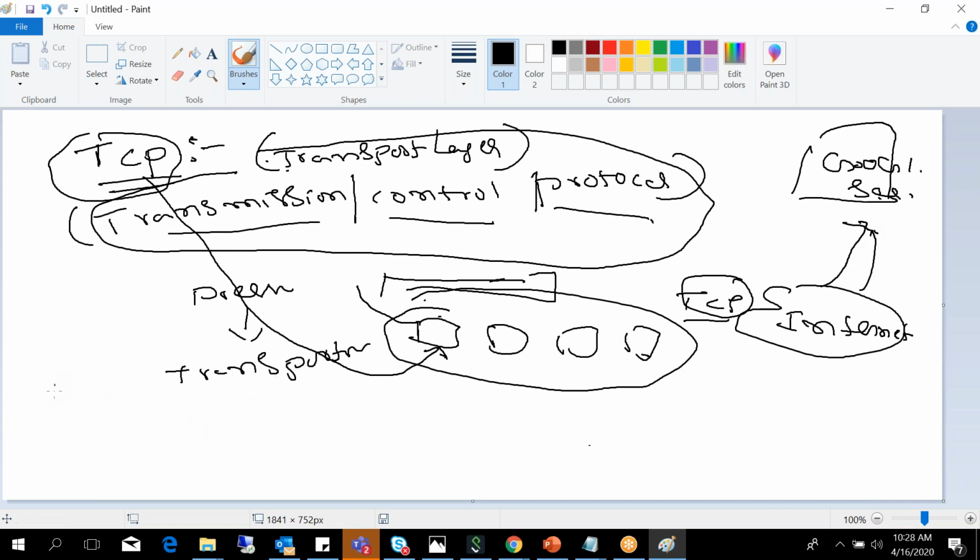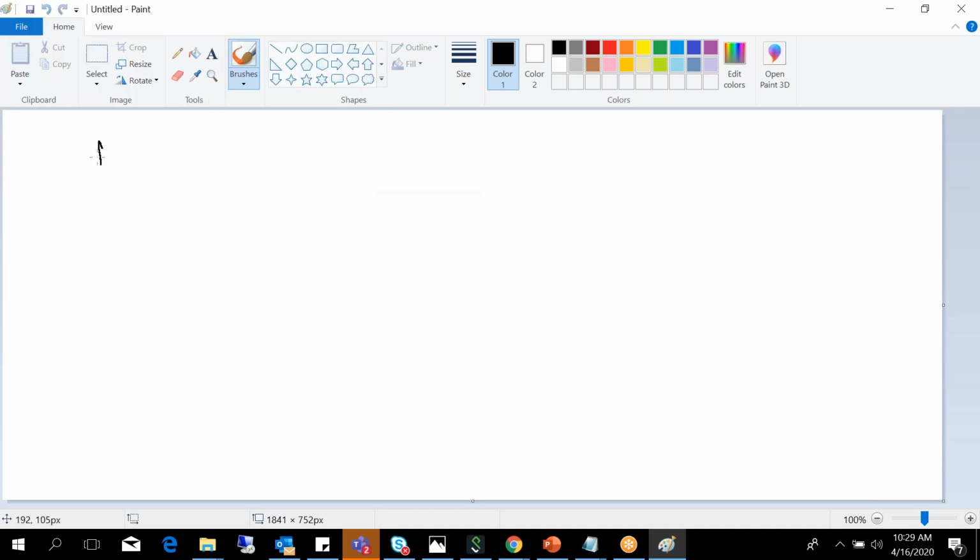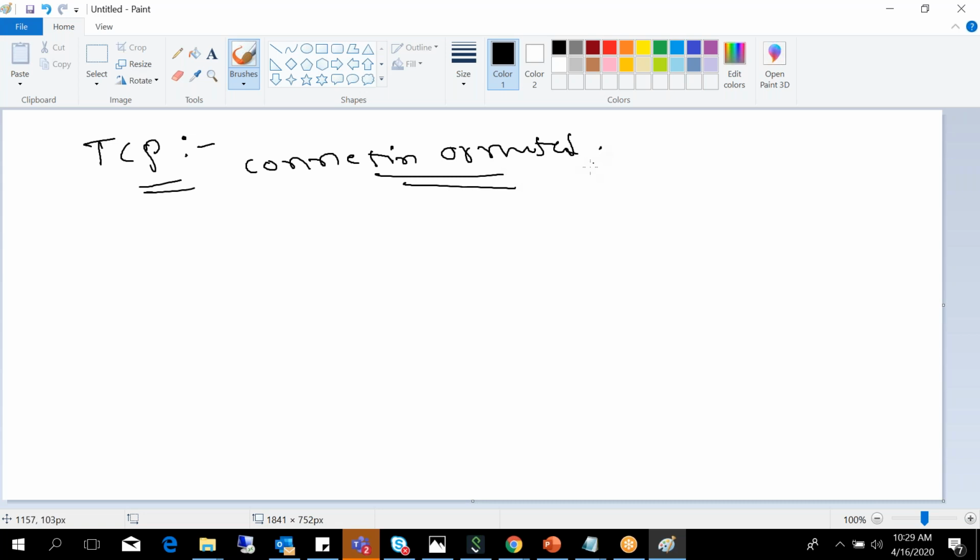We will discuss a couple of points. The first key functionality of TCP is that it is connection oriented. What do we mean by connection oriented? Whenever you're trying to connect to a server, you have to perform a three-way handshake.